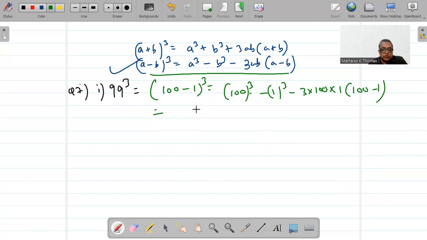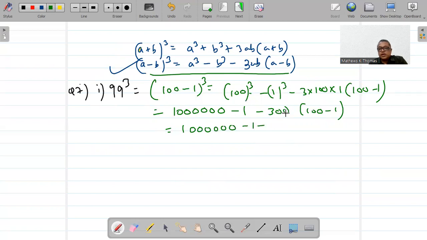So 100³ will be 100 into 100 into 100. That is 1 with 6 zeros. Minus 1³ is 1 itself. Minus 300, 3 into 100 into 1, 300 bracket 100 minus 1. So this is going to be 1 with 6 zeros: 1, 2, 3, 4, 5, 6. Minus 1. Opening the bracket, 300 into 100, we are going to get